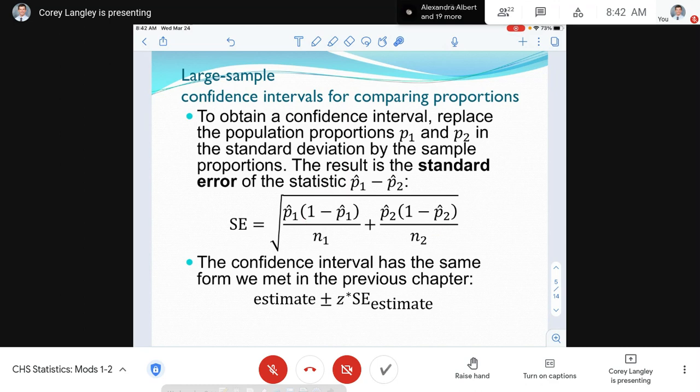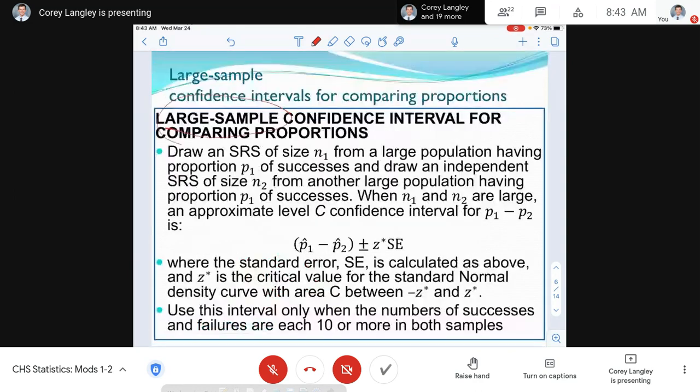We're still following the same basic format for our confidence interval. This shouldn't say estimate. This should say p hat 1 minus p hat 2. That's at the center of our confidence interval, plus or minus the z star. We have our chart for determining what our z star value would be, but typically for 95% confidence, either 1.96 or just 2. Now, large sample confidence,